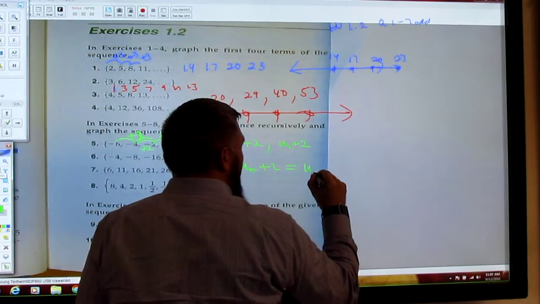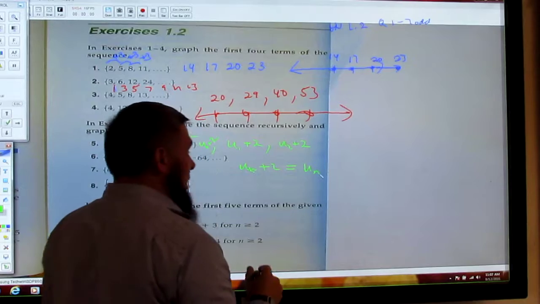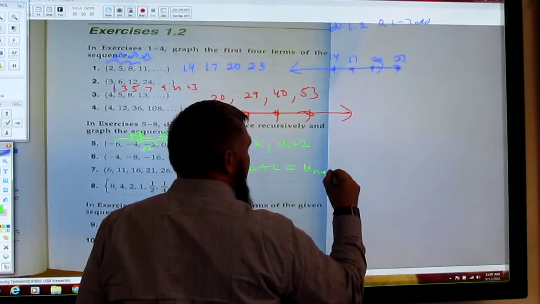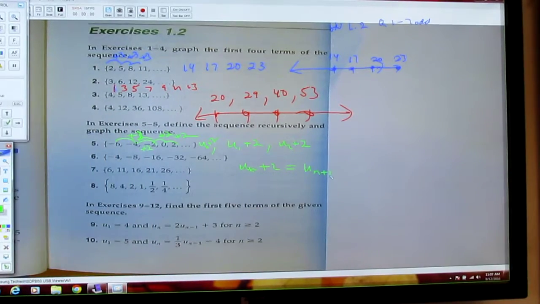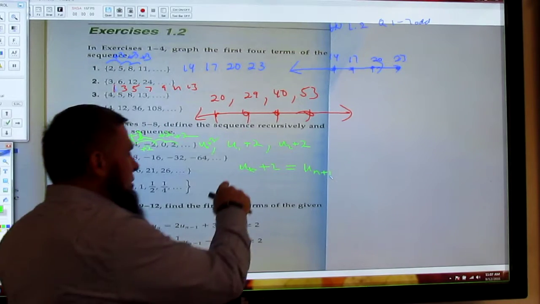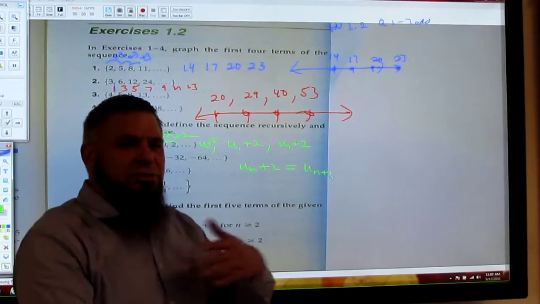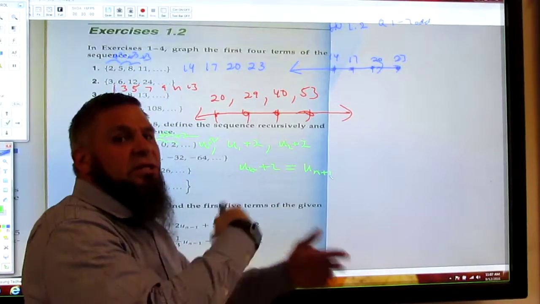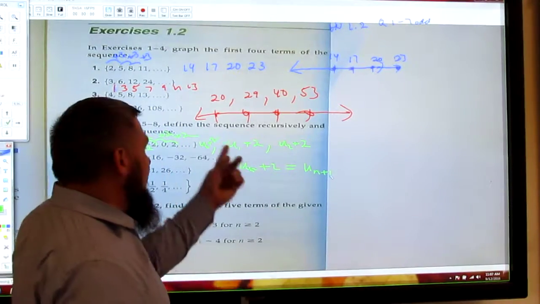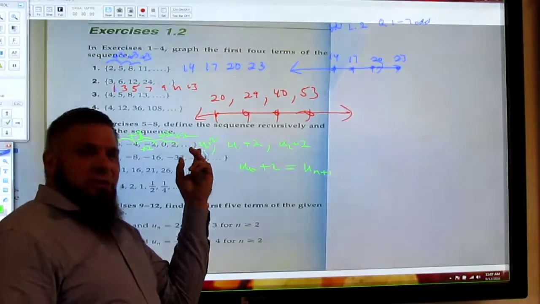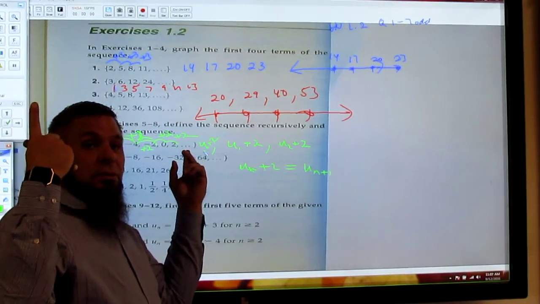U sub n, okay, plus 1, because that becomes the next U. That's all it's saying. It's saying U sub n plus 2 becomes U sub n plus 1, right? In other words, U naught plus 2 becomes U1. And then you say